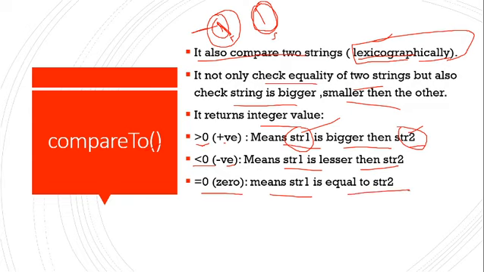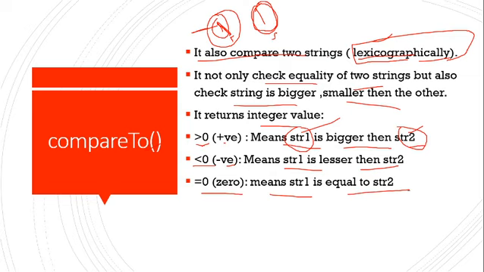So always, in the difference between equals and compareTo function, you have to say that the equals function checks the equality or identical equation of two strings, either it is equal or not. And the compareTo function compares two strings and checks for equality, but lexicographically. Lexicography is character based, not length based, and by converting into the Unicode and ASCII code, it checks the characters. I will give you the example.